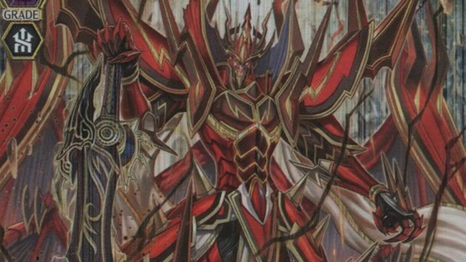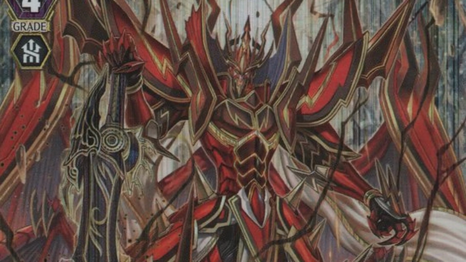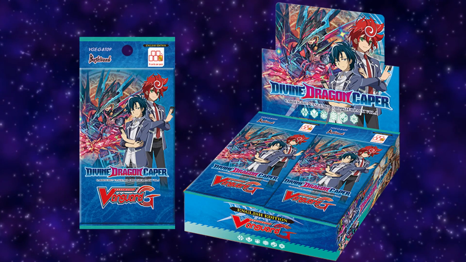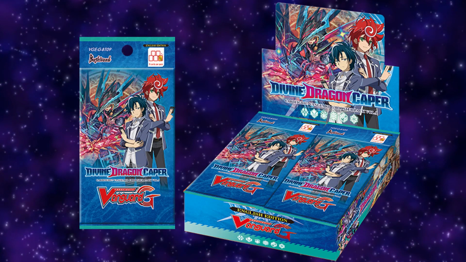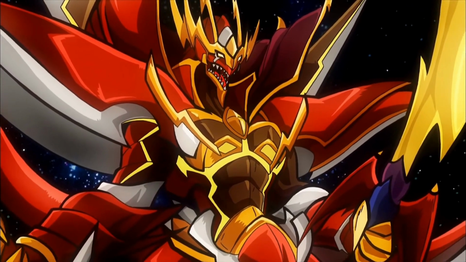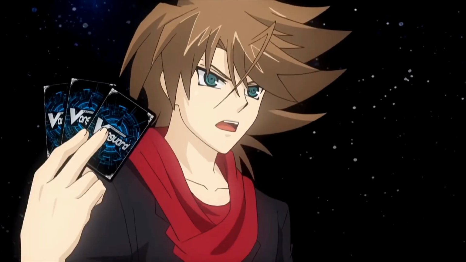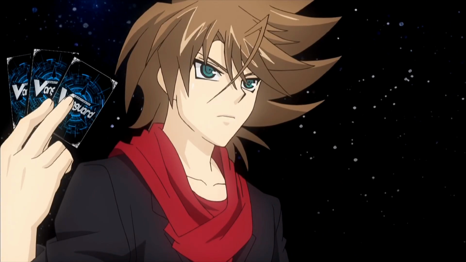At the end of the battle, this unit attacked a Vanguard. If that attack did not hit, you may pay the cost. If you do, stand this unit and it gets Drive -1 until end of turn. Originally released in G Booster 9 Divine Dragon Caper, Zillion's flavor text reads, receiving a certain absolute power before the apocalypse is necessary. Now, Zillion is one of the future possibilities of Dragonic Descendant, the commander who leads Narukami's Special